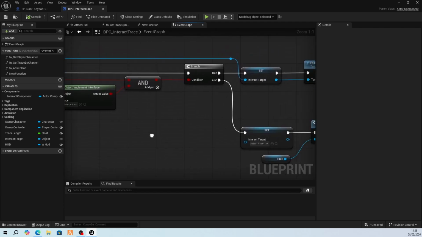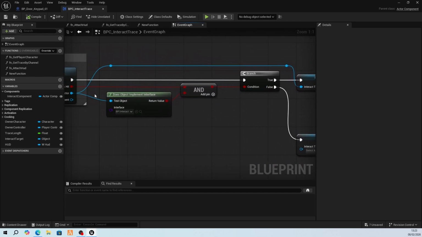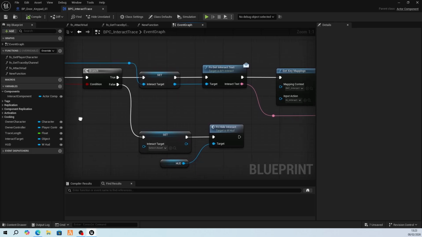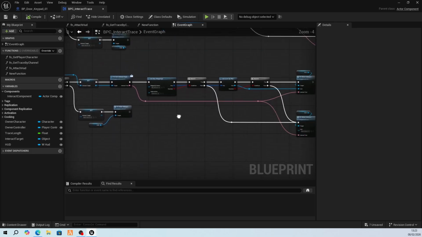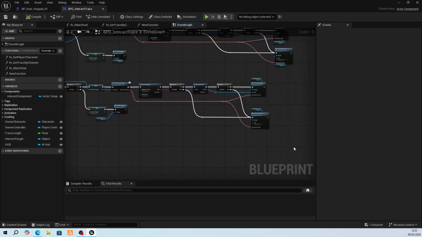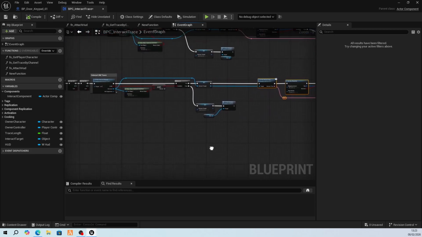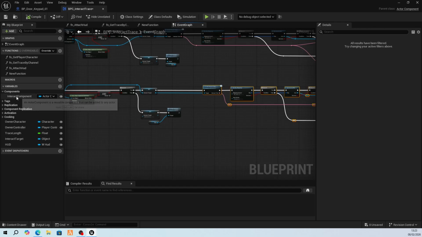We need to not set this unless this comes true. This is to check to see if it has the interface, because if it doesn't, we don't want to know. So it's another additional check. So what we're going to do is zoom out a little. We've got quite a lot of stuff here. We need to select all of this and then control click that one so you don't get it. This is just a quick way of doing it. So select it all with the bounding box, hold control and click that one to unselect it, because I don't want to move that. Drag this across there, and what we want to do is drag our interact component here,